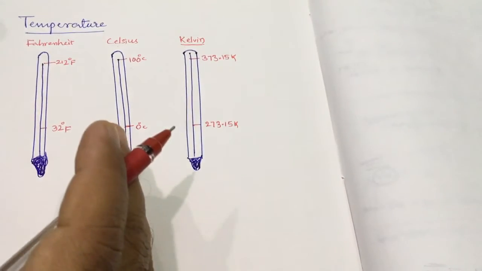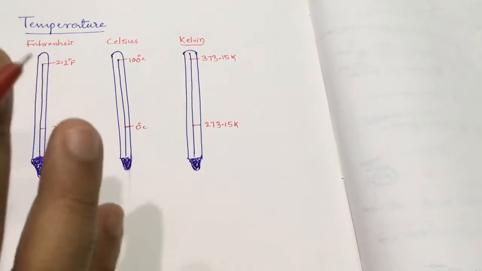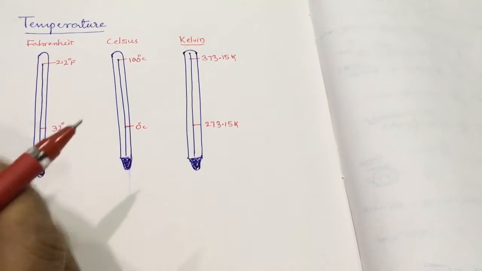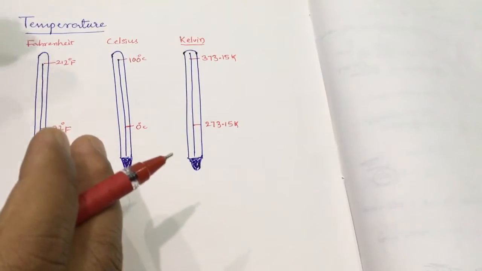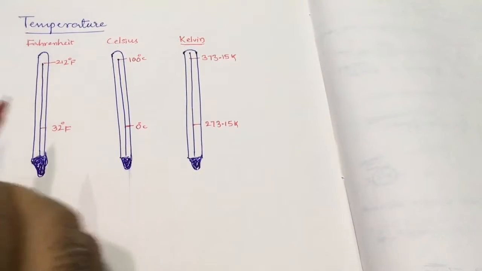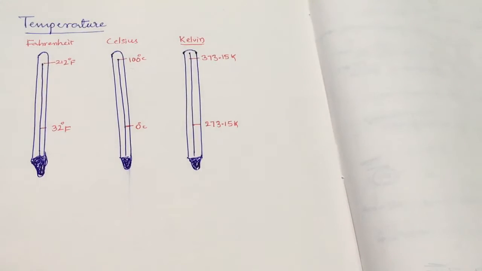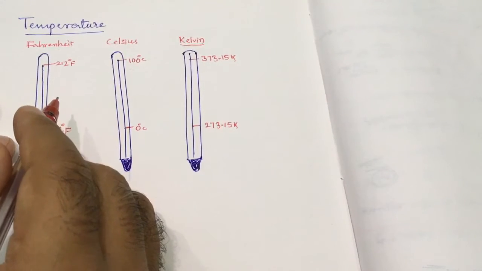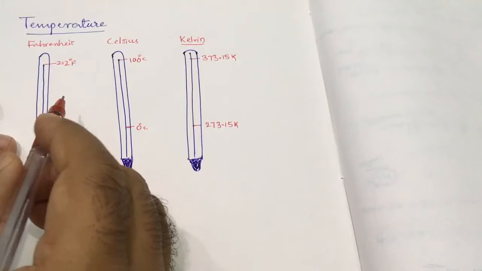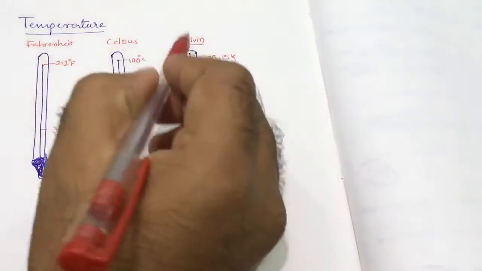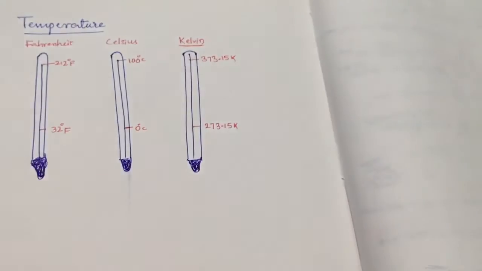Sometimes, when a difference between two temperatures is there, you can take the Celsius temperature also, because the difference between two temperatures is equal to the Kelvin temperature difference also. That's why at that time you can take degree Celsius. Generally we use degree Celsius or Kelvin in delta T_b or delta T_f in the solutions chapter. That is a different case, but always in calculation we have to take the Kelvin temperature.